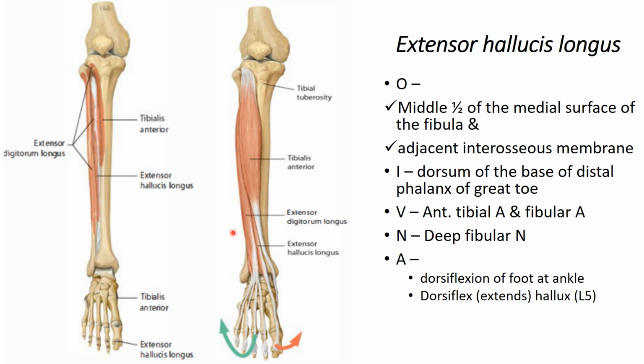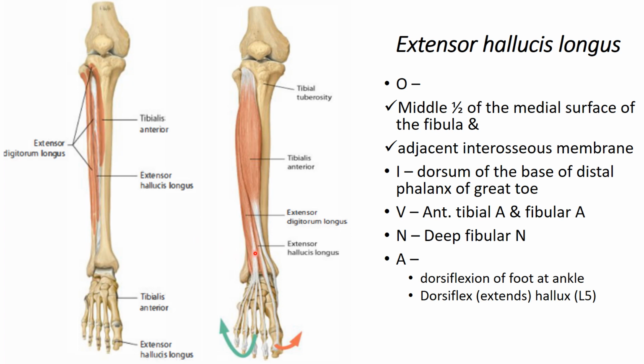And from here, these deep-seated fibers emerge between this gap in the lower third of the leg, between this laterally placed extensor digitorum longus and medially placed tibialis anterior. From here these fibers emerge, and they are attached to the dorsum of the base of the distal phalanx of the great toe,